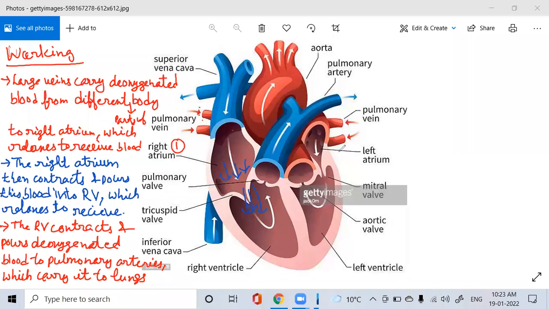Now, dear children, we are talking about the left side, right? Now the oxygenated blood, who will collect it here? As we know, the left atrium, right? So the blood will enter the left atrium. So the left atrium relaxes. We know that when they have to receive, it relaxes to receive